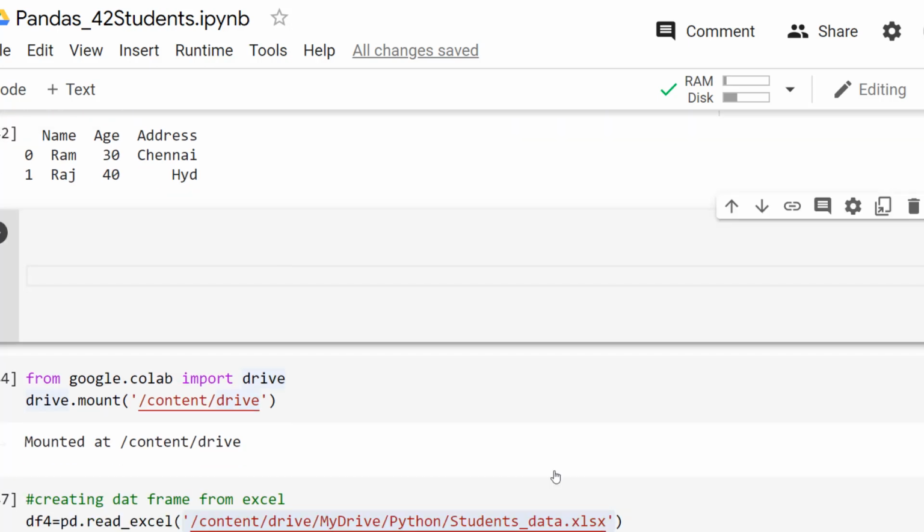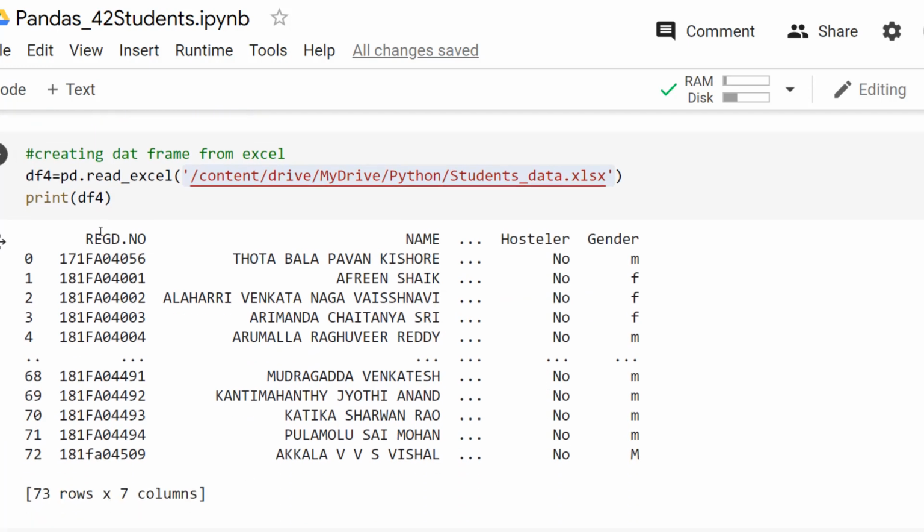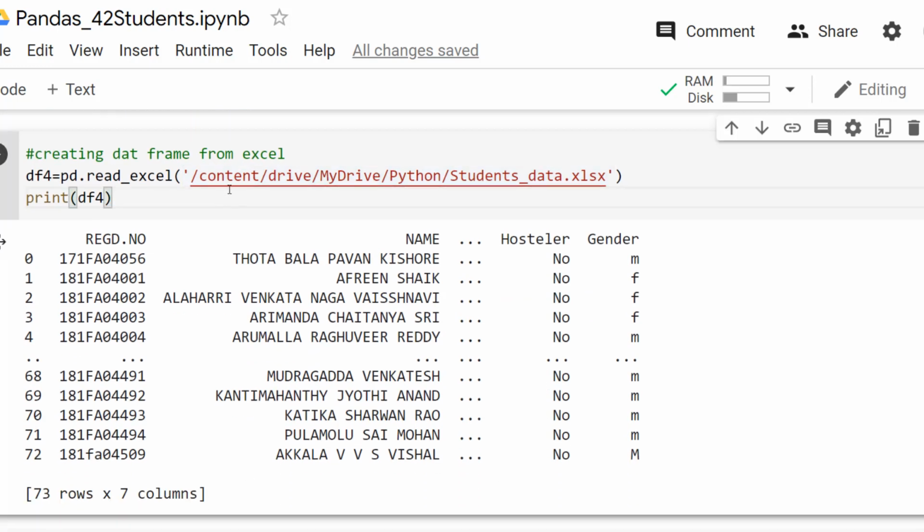Pandas allows us to read the data from Excel files. Not only from Excel, it allows us to load the data from various types of files. In some other video, we'll discuss how to load the data into the Pandas runtime environment from various types of files. But in this video, we'll confine ourselves to reading the data from the Excel file alone.